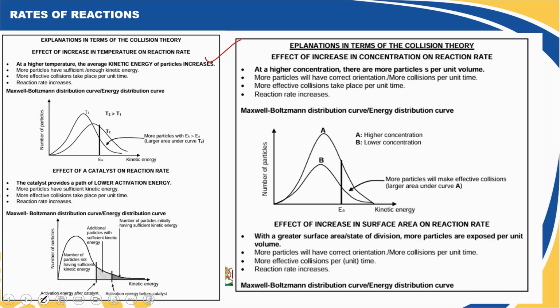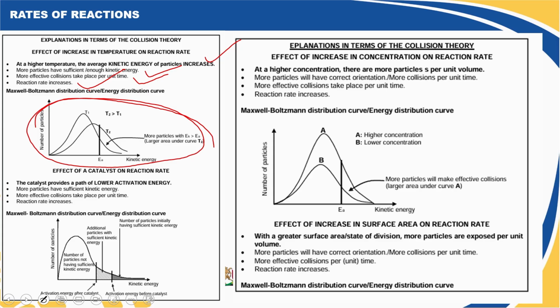And if that is the case, there are going to be more particles that have got enough kinetic energy, which results in more effective collisions per unit time. That causes the rate of reaction to increase. You should be able to explain that using your collision theory,